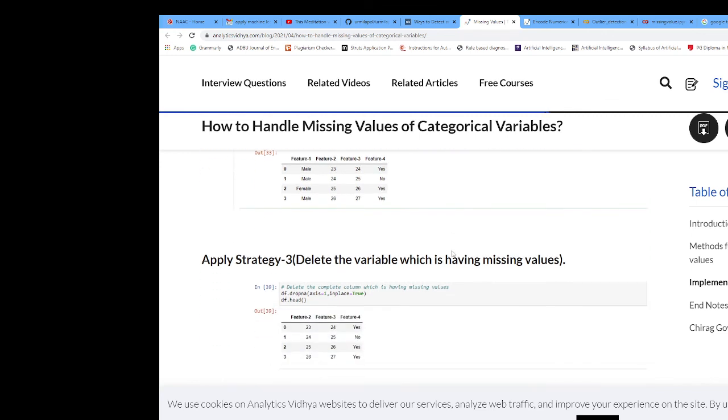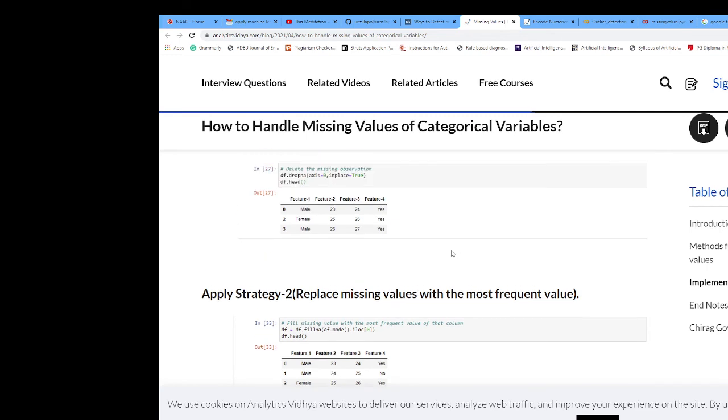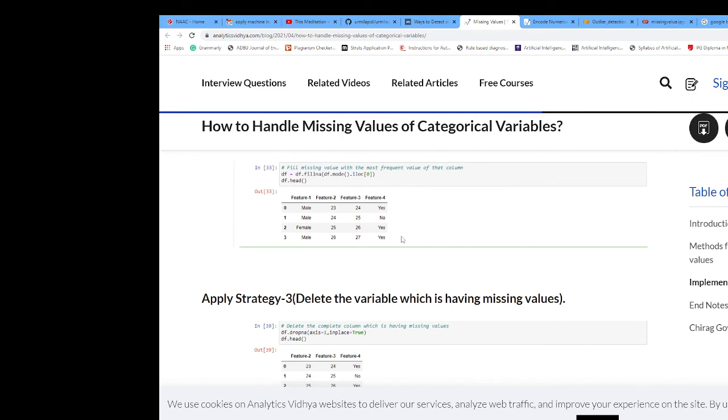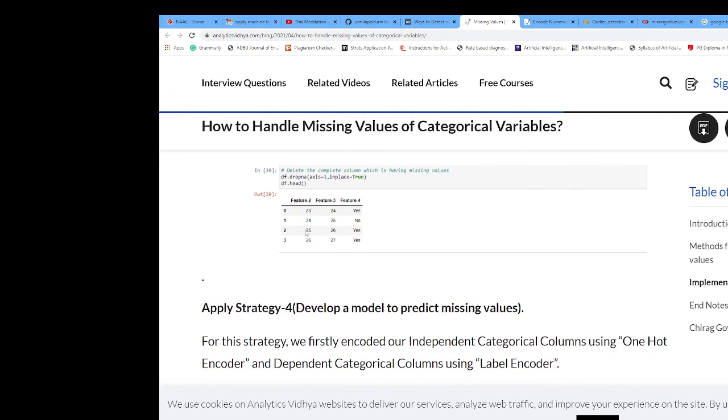It deletes the variable which has missing values. Again you display without feature 1. The feature 1 column had the missing value. Like that we have to deal with missing values.